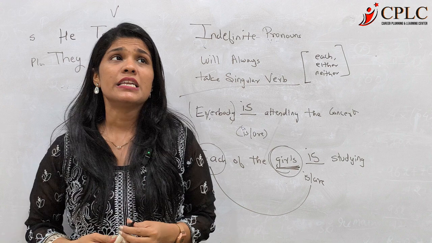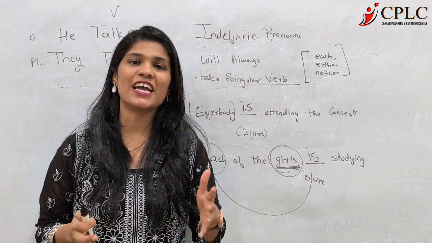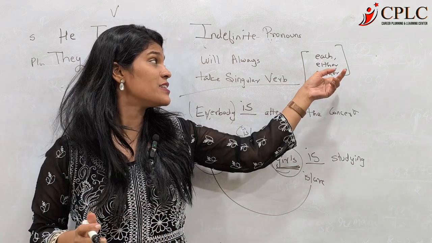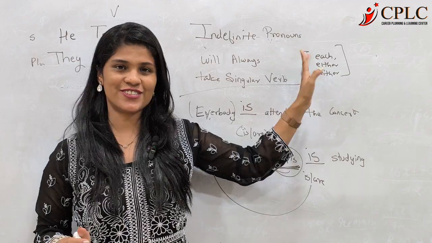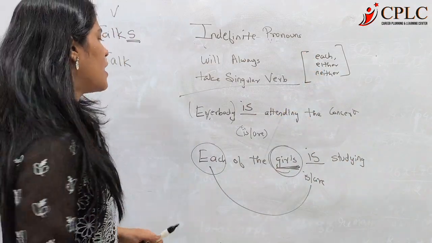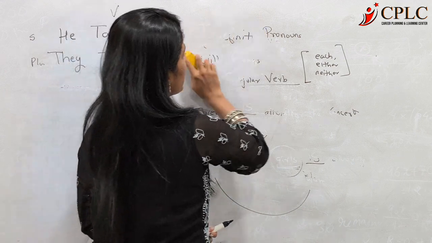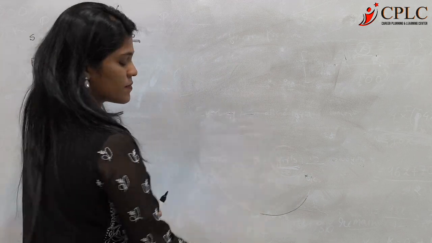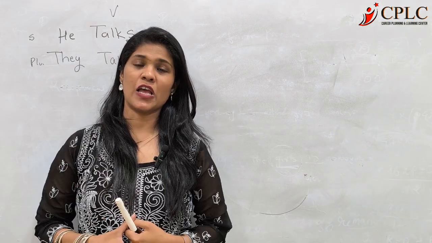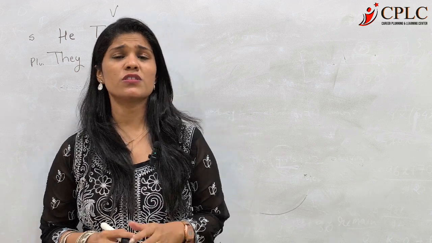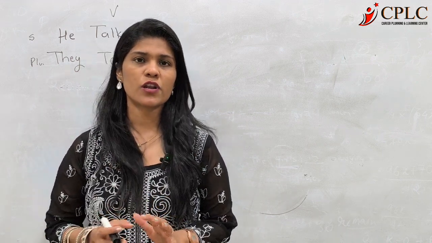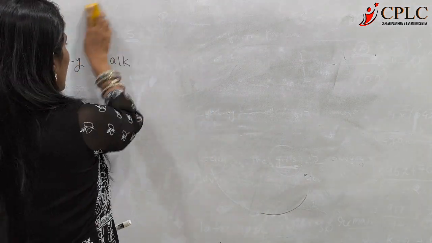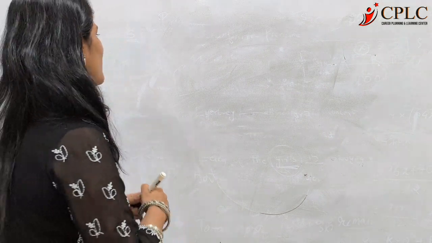Chalo, one more example. Neither of the students dash interested. Is yaar. Neither of the students is interested. I hope this rule is clear to you. Moving ahead with the next one. All right, there are many more rules to do, but for now, let us just revise everything that we have done. So I'll be asking you quick questions. Let's see if you remember.